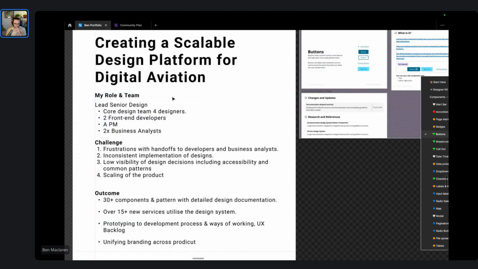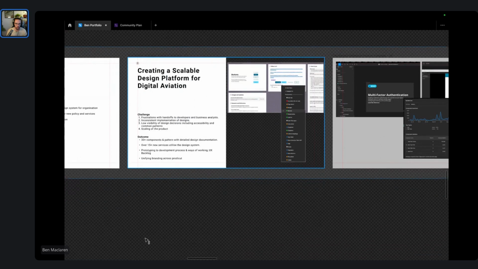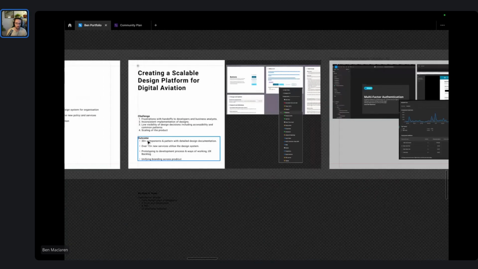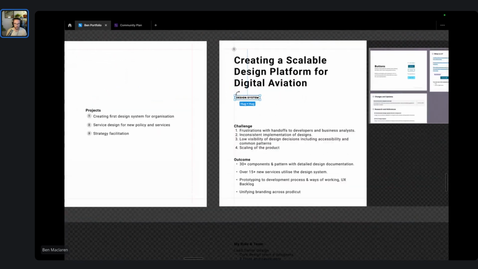Okay, what do we got going on here? My role and the team. I think this could be a bit better, but let's remove it. I think there's a few other ways to do it. Instead, maybe I could go over and take one of these lovely pill designs and put